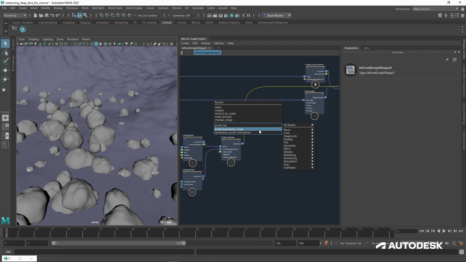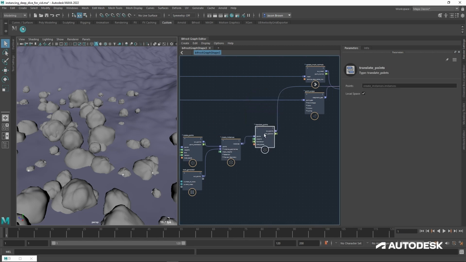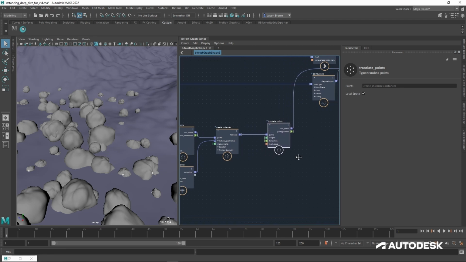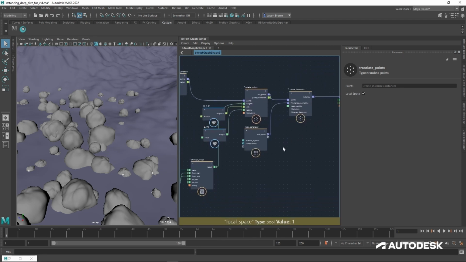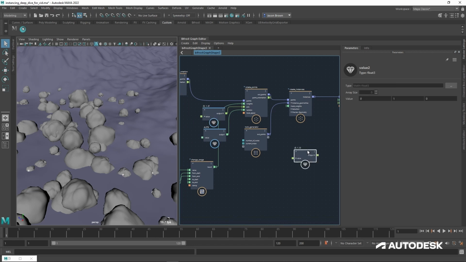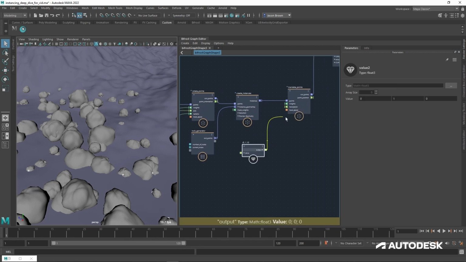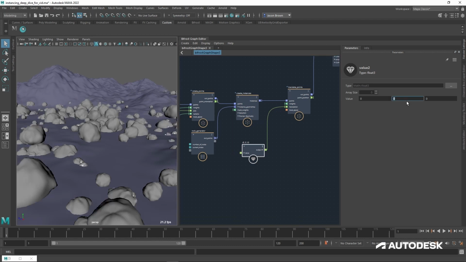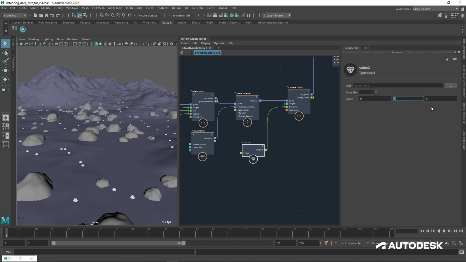I can also do a randomized point translation, but I'm just going to do a translate points. And again, you've got weights, you've got local space, you've got all kinds of things. And what this is doing is it's asking me for a vector. So by putting in a vector here, I'm applying this to every single rock, like this. It's going to lift up and away. So if I set that to 0, they'll be wherever they're being scattered at. And if I set it to -1, it's going to drop them all.